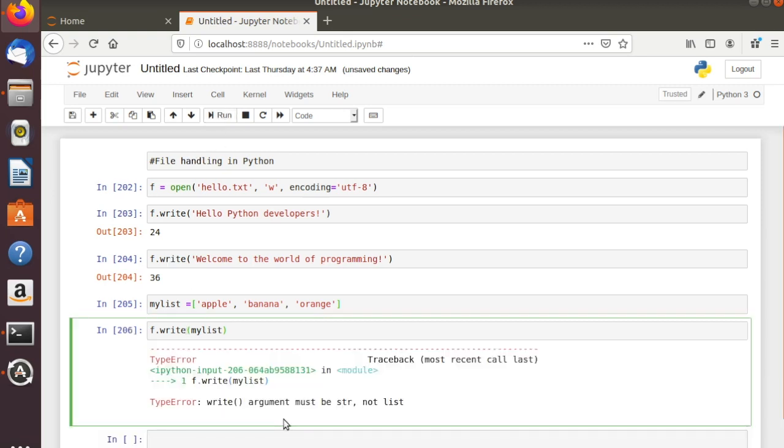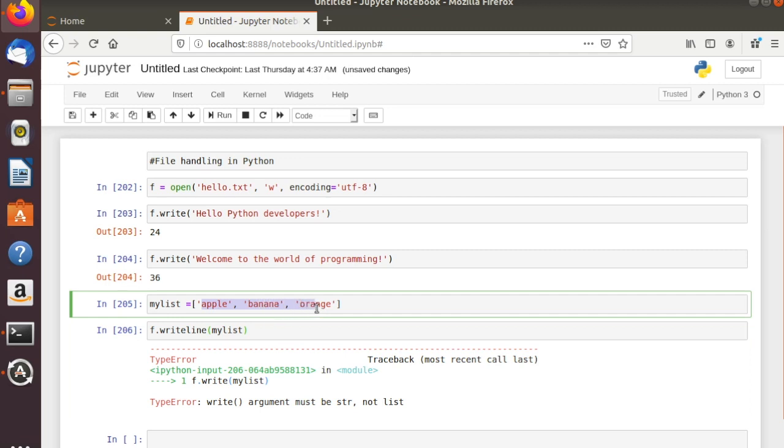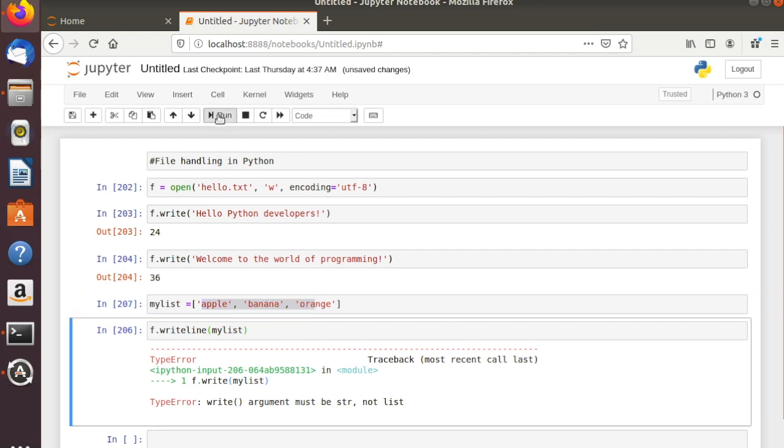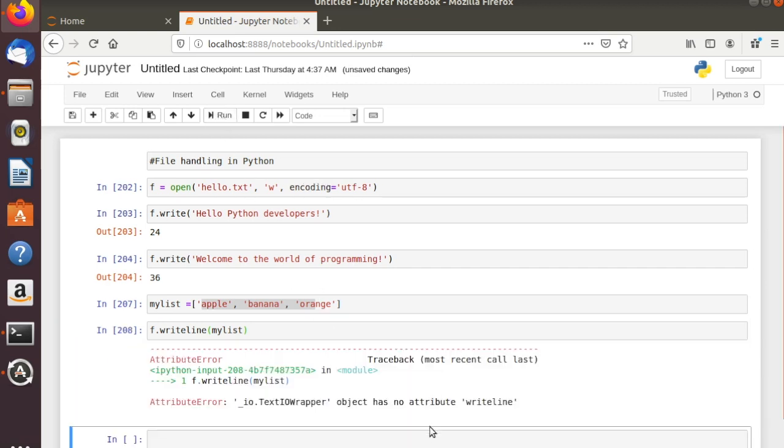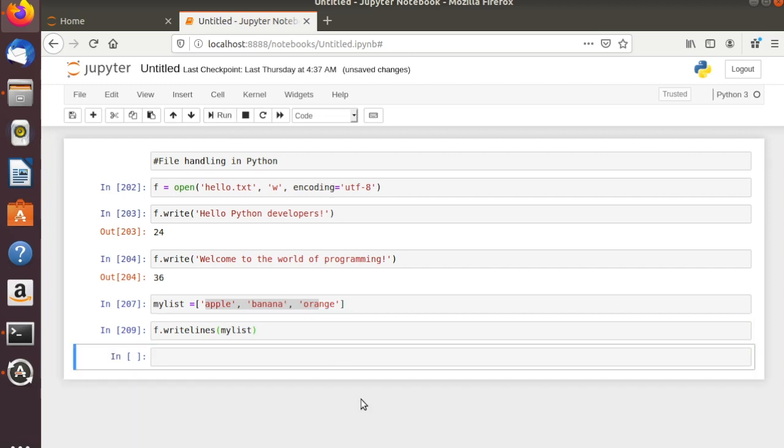Oh, we have to use writelines because it has multiple contents, right? Then write, what is that? I made a mistake. Writelines. Okay, now